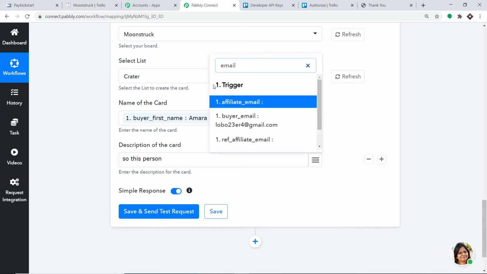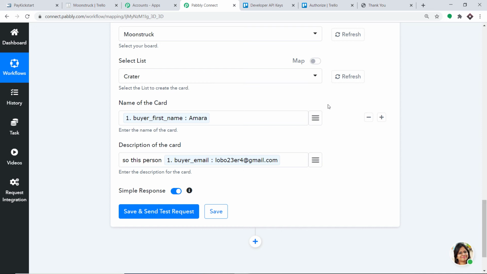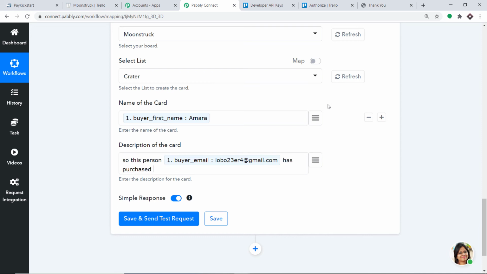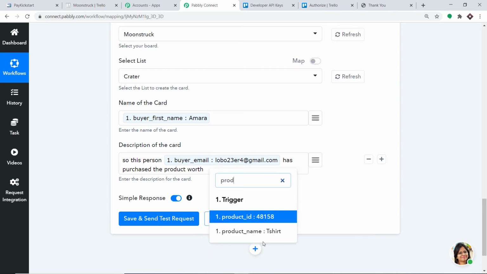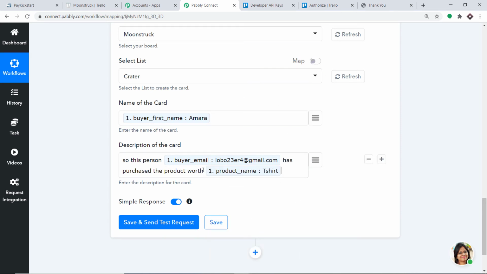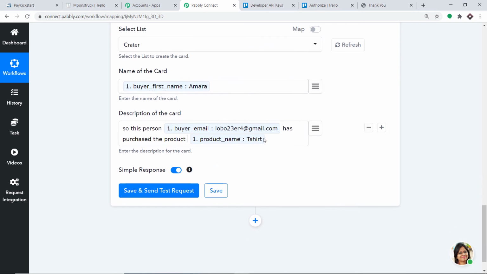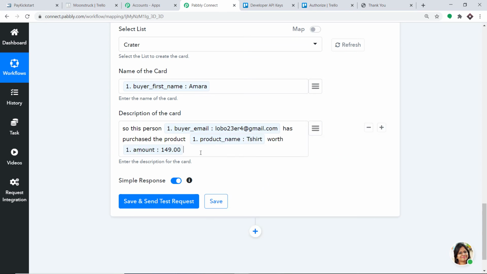email address, let's enter the email address, has purchased the product worth, product that is t-shirt. So let's remove worth here and make it worth 149, it was, right? So we are just mapping the details. So this person Lobo has purchased the product worth 149, and she